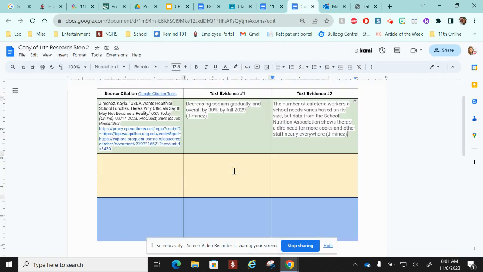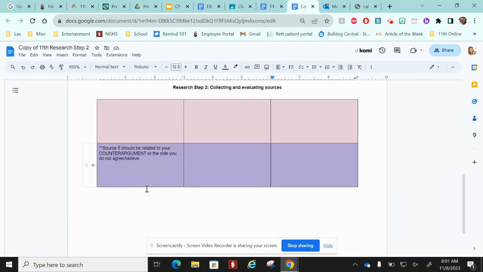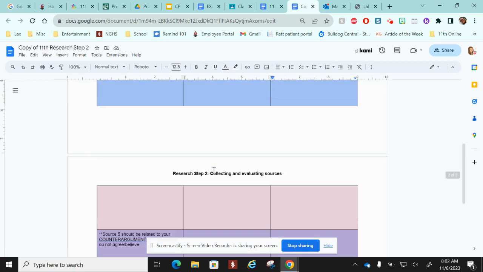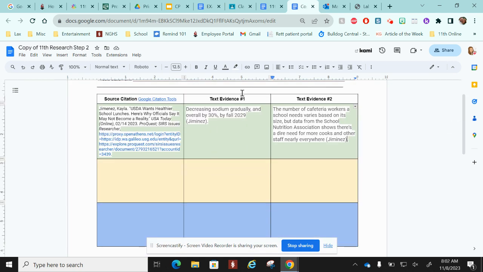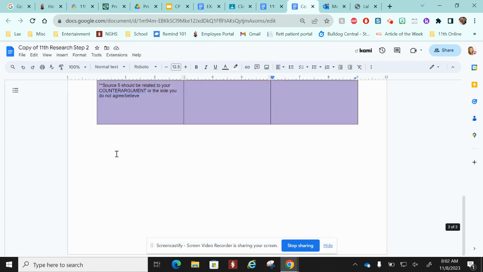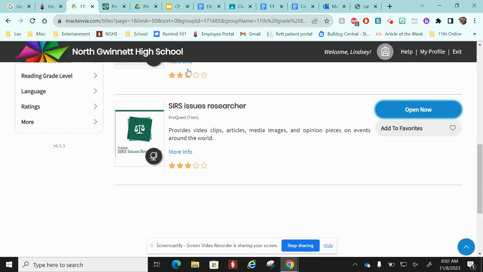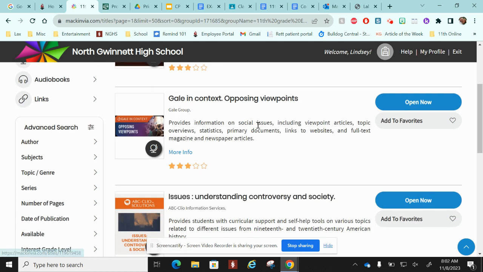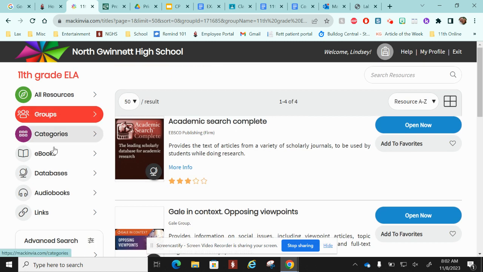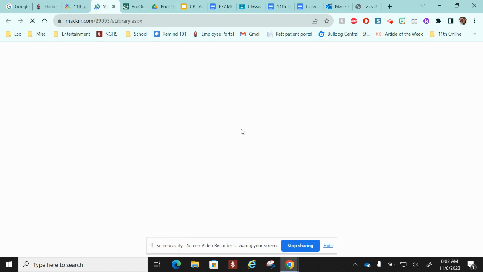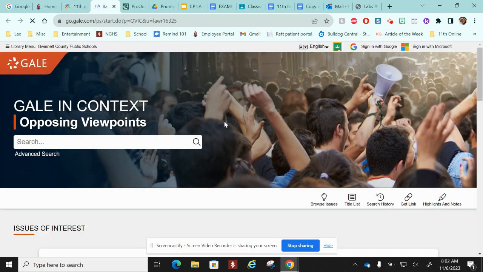So you'll do this 4 times for your pro argument and then once for your counterclaim. If you decide you want more sources, you can add boxes. If you decide you have 5 or 6 quotes from one source, you can continue to take notes down here. But I need 5 different sources and 2 different citations from each. Remember, you can also look at the other databases within the 11th grade group. You can really look at any, to be honest, but Mr. Stewart has chosen these specifically because they have a lot of those opposing topics that we're writing about.